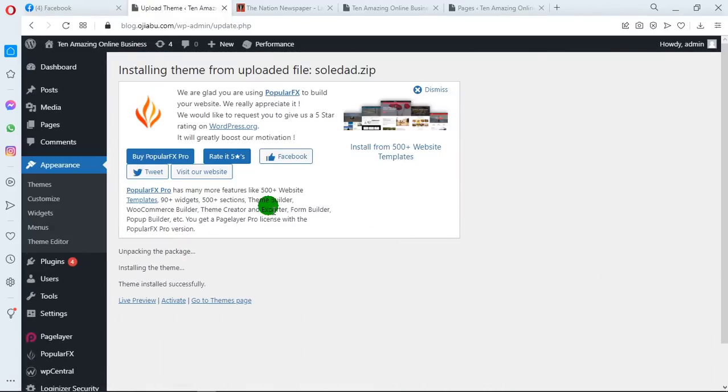All right, as you can see, our Soledad theme has been installed. The next thing I need to do is activate it, right? I'll click on activate, then it's going to load and activate. So after activating,